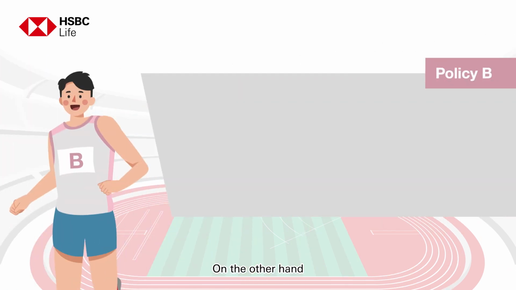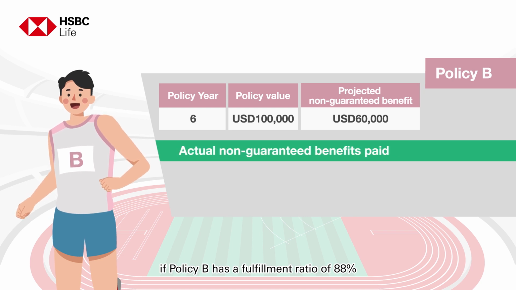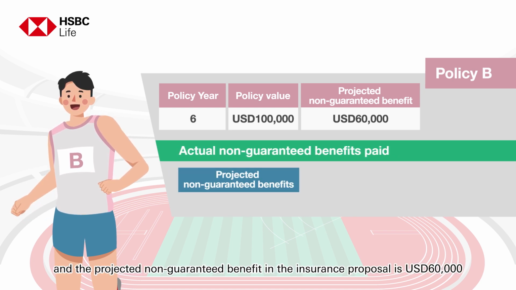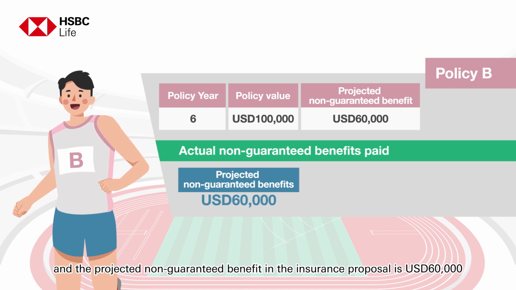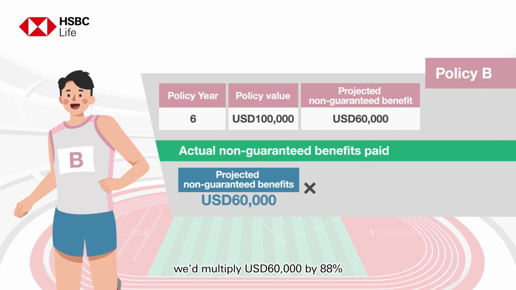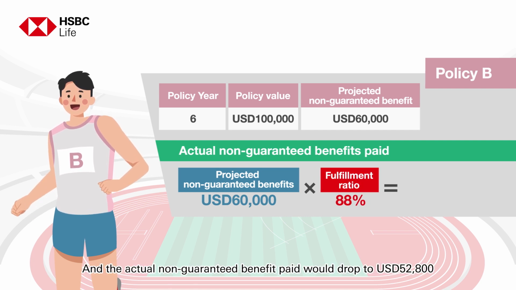On the other hand, if policy B has a fulfillment ratio of 88% and the projected non-guaranteed benefit in the insurance proposal is $60,000, we'd multiply $60,000 by 88%, and the actual non-guaranteed benefit paid would drop to